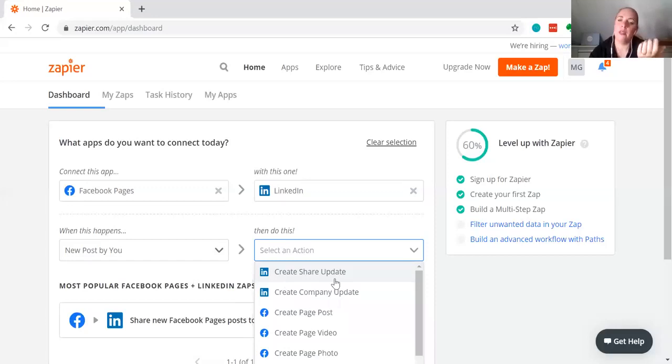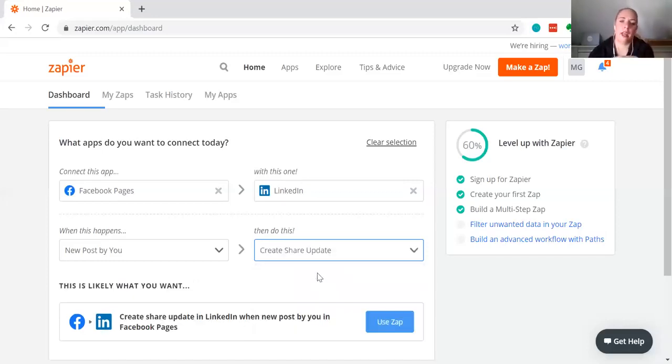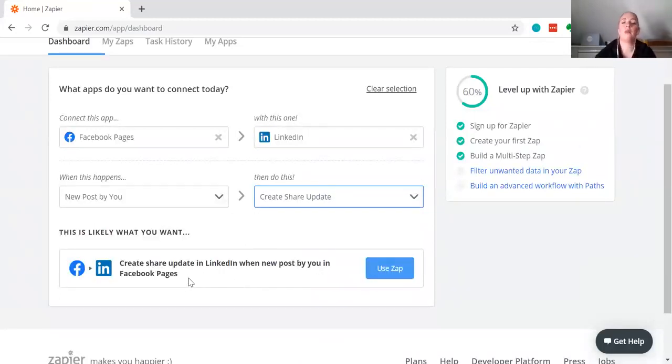So create a share update or create a company update. The company update is more for your company profile, which almost no one uses. You can, but I think rarely people use it, just for very specific company things. So you want to share it to your personal profile as an update. So that's basically a post. You click that one. Then it says, okay, this is what you've asked us to do now. Create a share update in LinkedIn when a new post by me is made in Facebook pages. True. Then I click here on Use Zap,